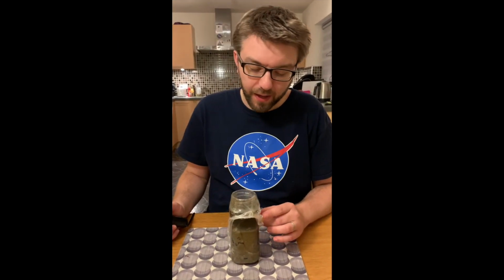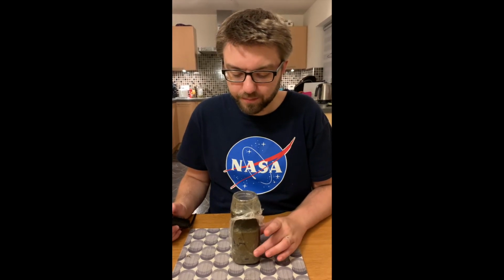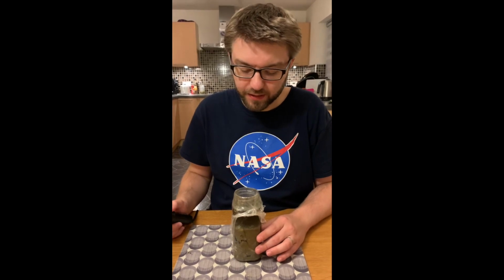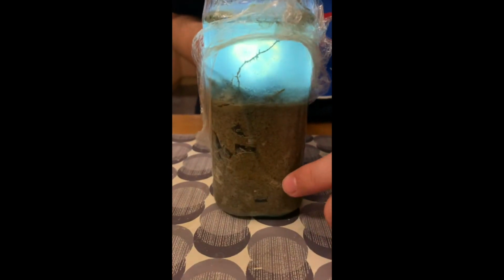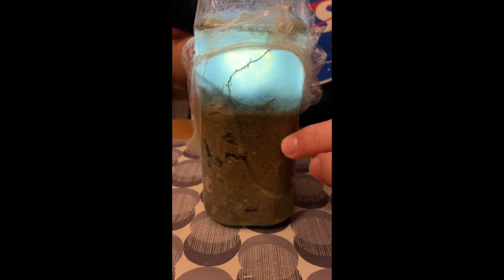Okay, welcome back guys. So it's been 8 days since we built our Winogradsky column, and so it's time to check in and see what's been happening in the intervening time. So I'm just going to use a torch to illuminate things here. So you can see in the sediment here, not an awful lot has changed that we can see,